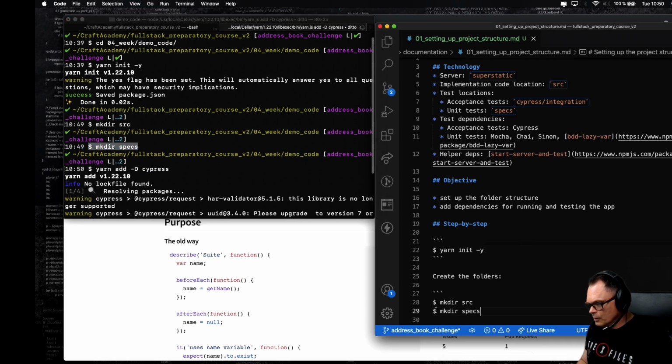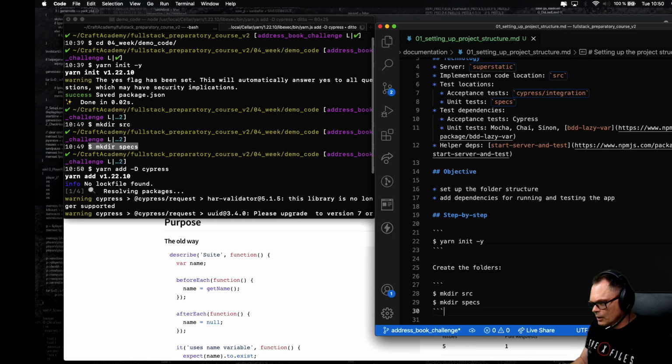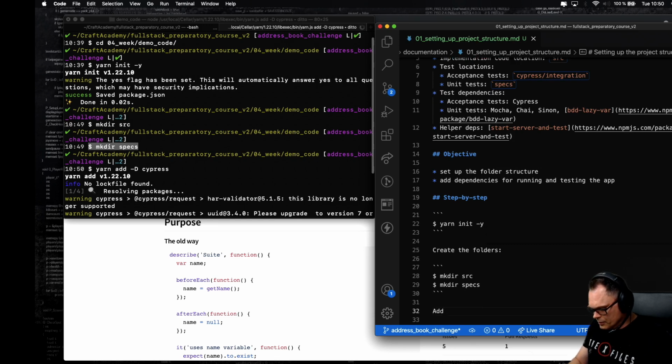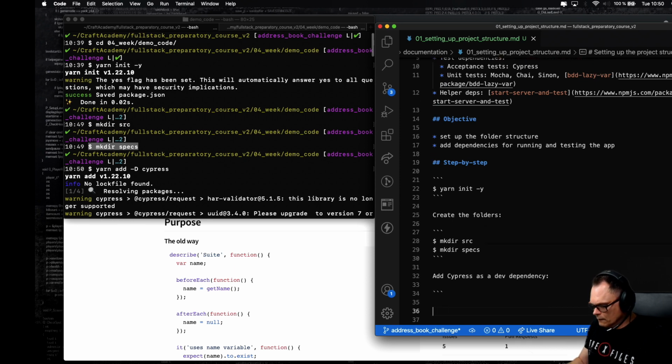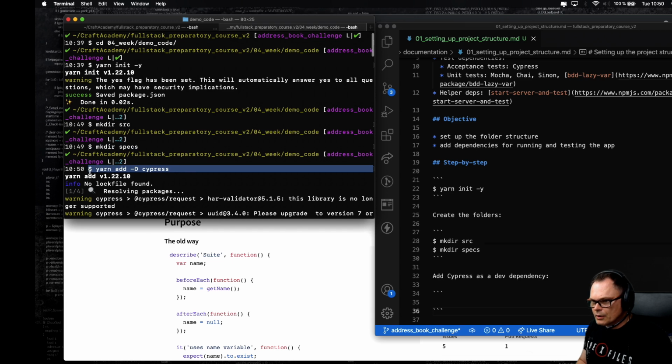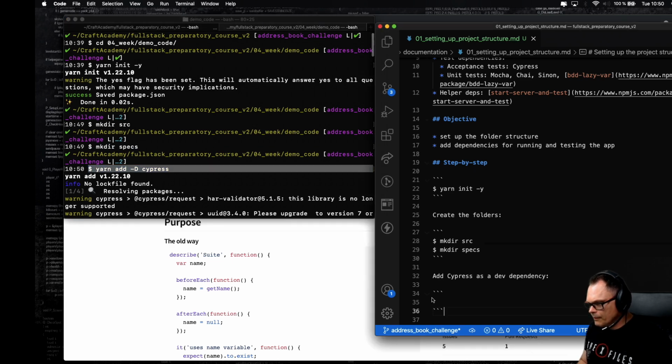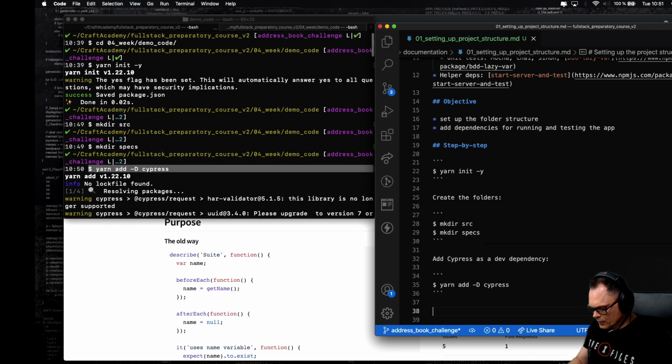For now, this is the objective of ours. Add Cypress as a dev dependency. And we just do this like that. Whoops. There we go. Right, and then we need to execute install to finish